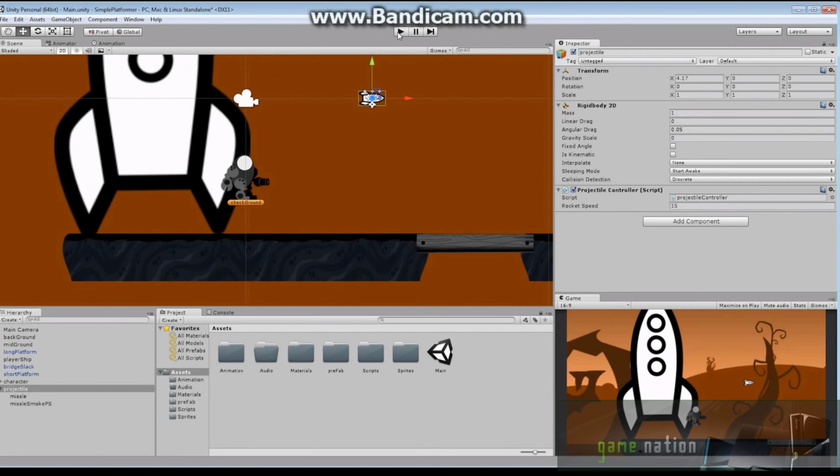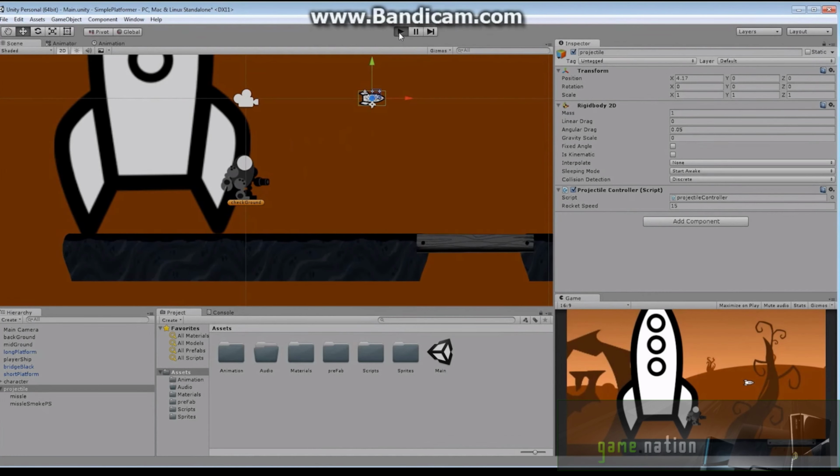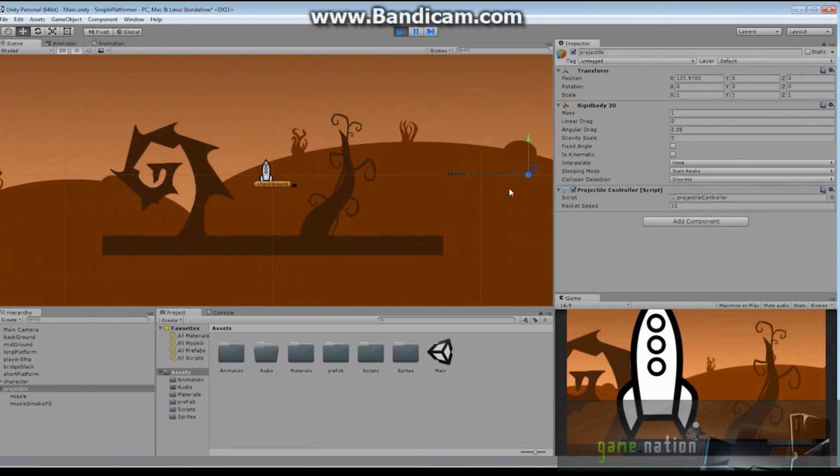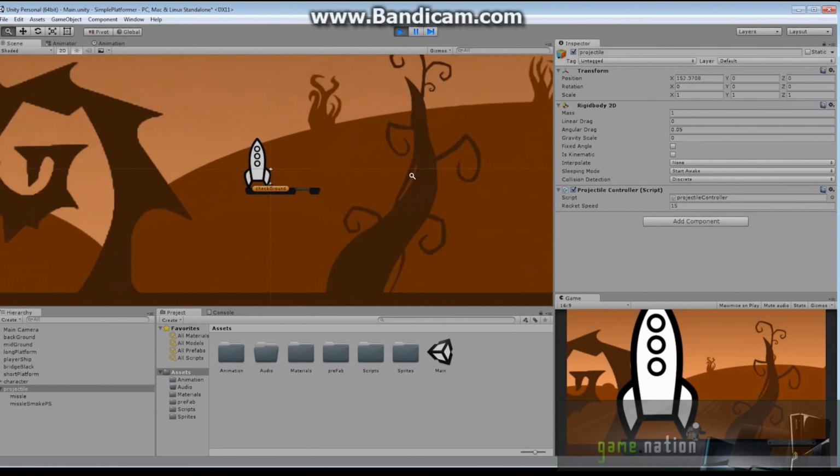Now, I'm going to show you that one more time because there's something I want you to see. Watch down here. We've currently got this projectile in place, and when I fire it out of the rocket, this projectile stays on there forever. Currently that projectile is off our screen. See it flying way far away, and that projectile is going to travel